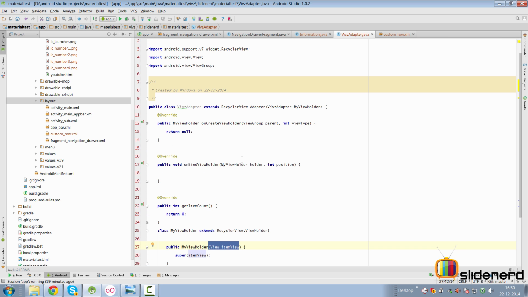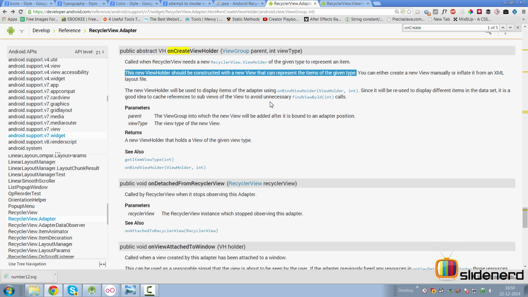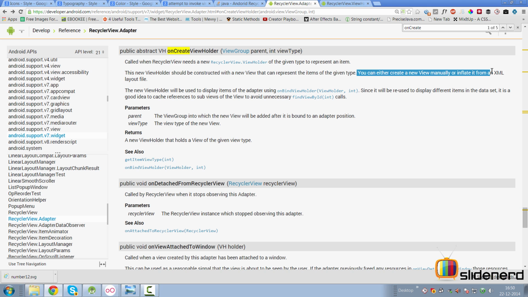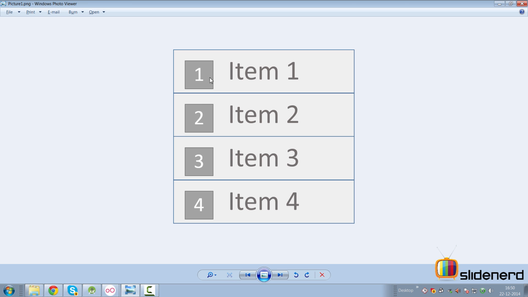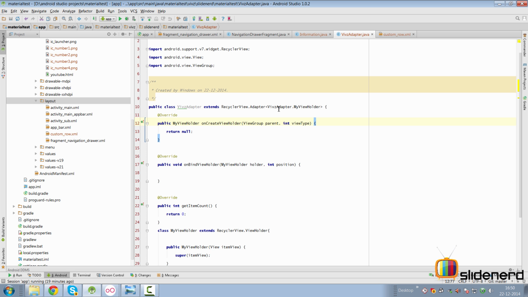Here, we're going to try to build our view holder. The first thing that we need to do, as it says here in the documentation, is that a new view holder should be constructed that can represent items. You can either create it manually or inflate it from an XML layout file. In other words, the idea is to inflate this XML for each row and do it only once with the view holder strategy. So we can go up here and we can have a layout inflater that we need for